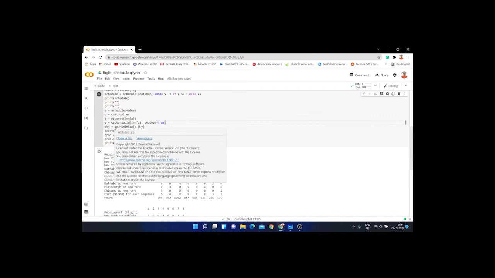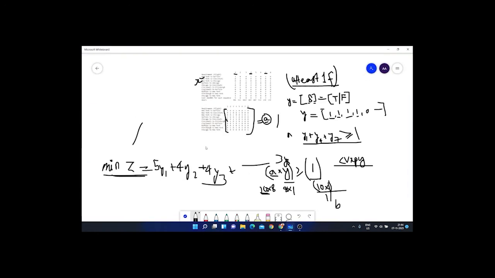We need to minimize c at the rate y, which just means that we need to minimize this. Z is c at the rate y, which means multiply each element of c with y.